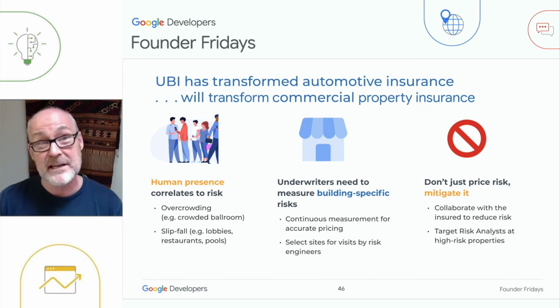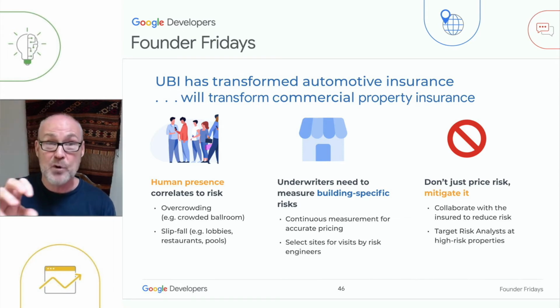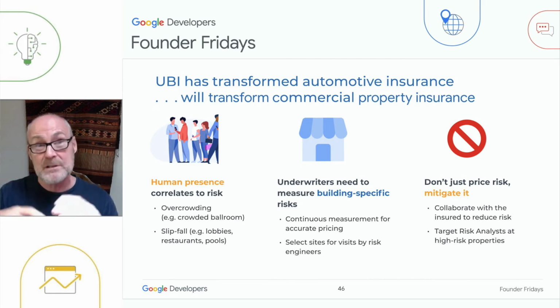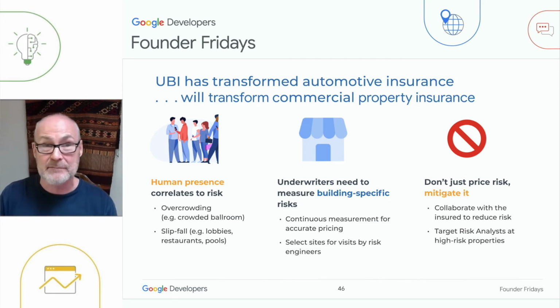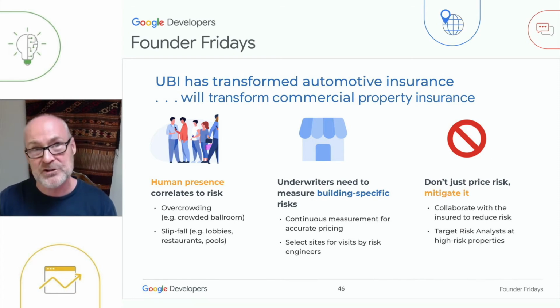This, in the insurance industry, is called usage-based insurance, or UBI. You may know that UBI has transformed automotive insurance. In UBI, a dongle is attached to the diagnostic port of your car, and this dongle reports how you drive, how fast you accelerate, how quickly you slow down, the times of day you drive, and how far you drive. Based on this information, insurers are able to get a much better picture of the risks that you present as a client. Well, the same thing is happening in commercial property insurance.